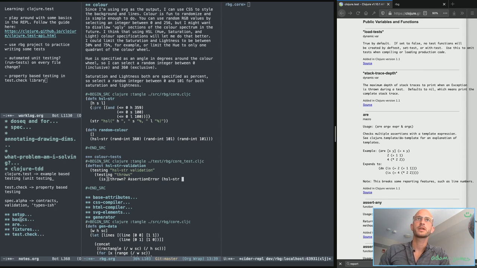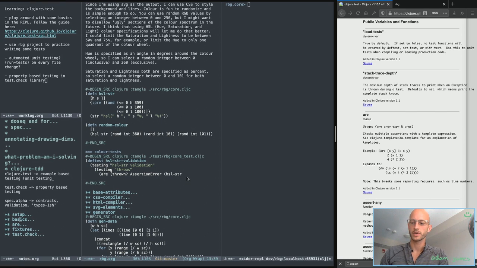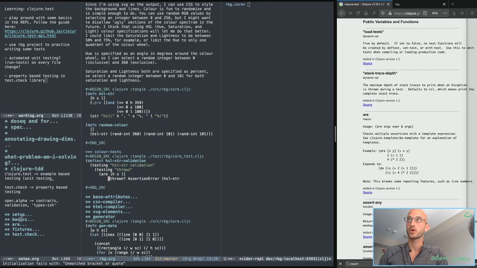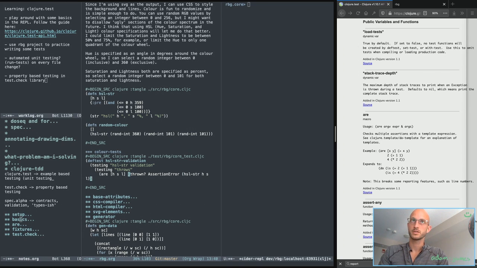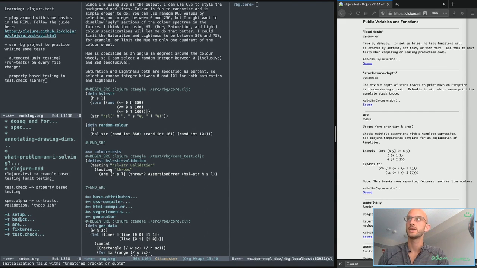Let's see. Can I describe an R that works here? Right, so R HSL, and then for each of these. Oh, no, I need to do R HSL thrown assertion error string HSL. Let's see if this works the way I think it does. Right, and then all I have to do